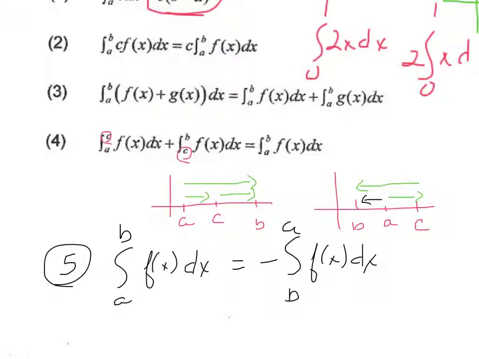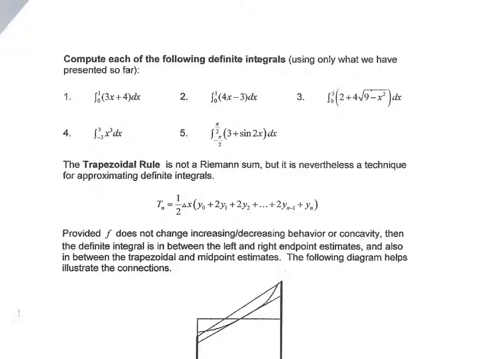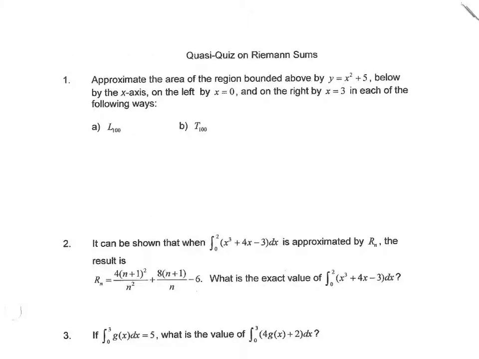If we go to the next page, we're asked to compute the following definite integrals using what we've presented so far. You're going to graph those and find those areas. That's part of your assignment. You have the number 2 from before, 2a and b that was on the previous page, and these 5. We're not going to worry about the trapezoidal rule right now. It's another way that you can find area under a curve that we'll look at later. It's not considered a Riemann sum because it's not in rectangles. And on number 5, this is also part of your assignment, except you do not have to do the trapezoidal sum.